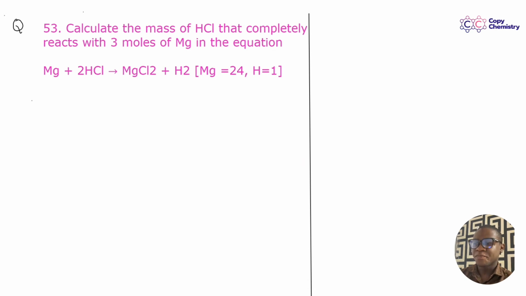Sounds good, right? Alright, so this is question 53. Calculate the mass of HCl that completely reacts with 3 moles of magnesium, that's Mg, in the equation. Now I'm going to do this slowly so that you can follow up. We have our equation of reaction there, Mg plus 2HCl,